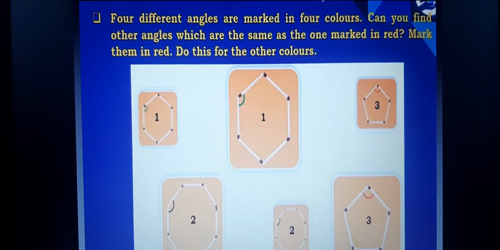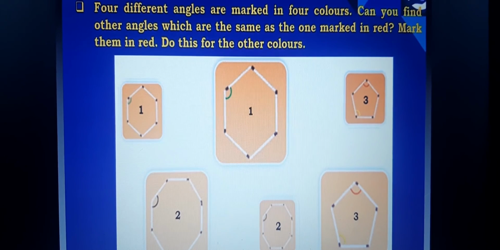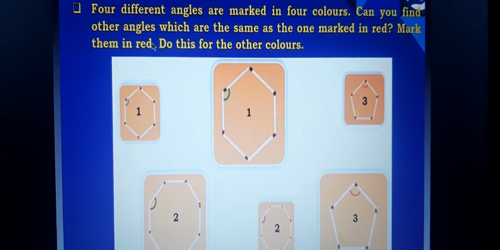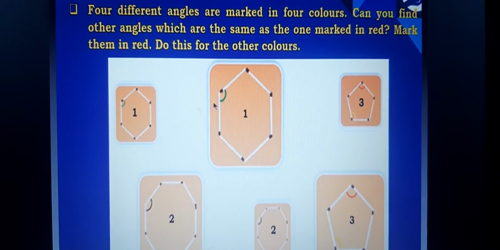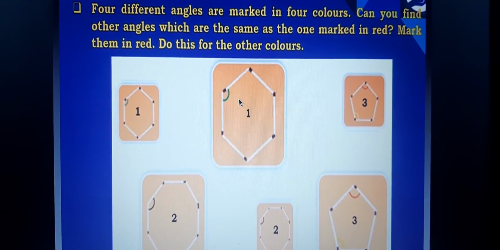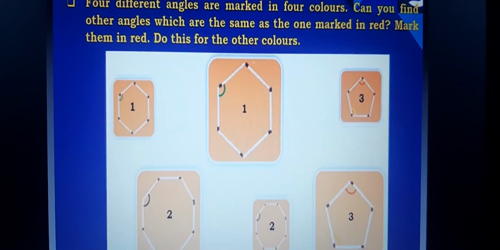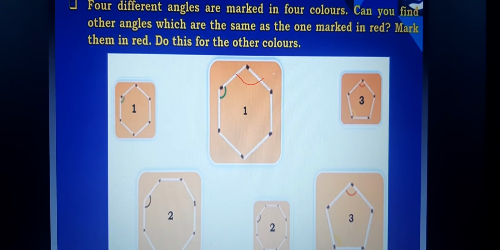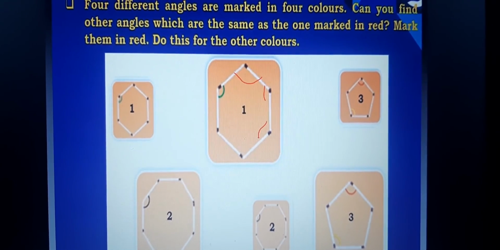So coming to the next one, please children, write down in your textbook whatever activities are shown in the video here. Okay, here it is given that you have to see the activity, meaning they have given the examples here, and one angle is drawn here, right? The other angle you have to draw and show here as it is given here, right? You can see here. So like this, one angle is drawn, and similar to that you can draw the other angles also, like this you can show there by marking the angles here.